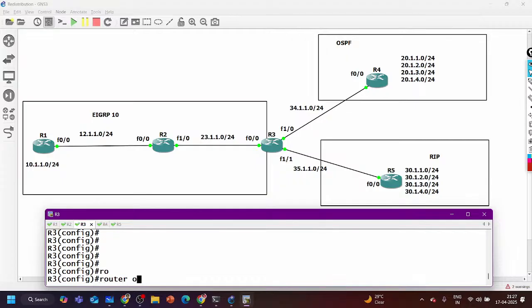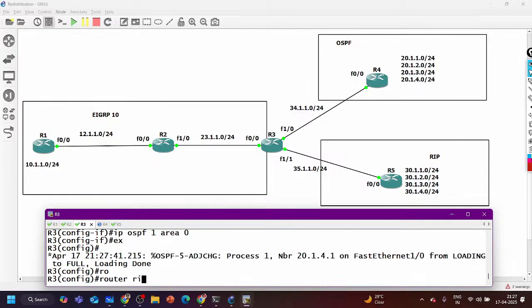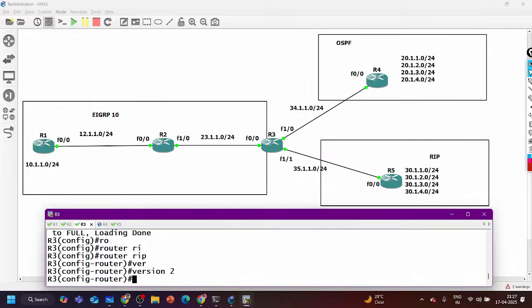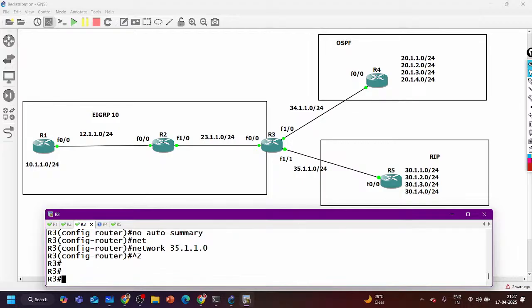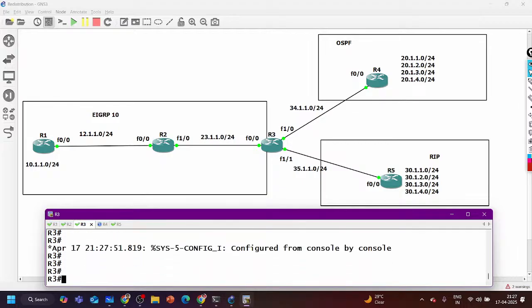Say router OSPF 1, and simply we can do one thing on interface F1/0. I can say IP OSPF 1 area 0. Then exit. Go to router RIP. Say version 2 here, no auto summary, and network 35.1.1.0. That's it.